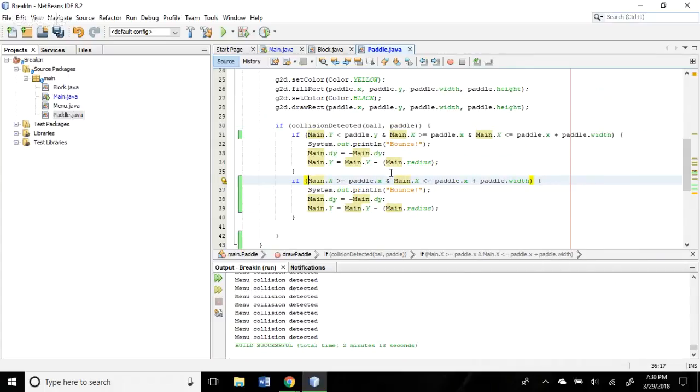Now let's take a look at this one. If this is x and y, so this is left and right. If main.x, if it is less than, wait a second, main.x is, yeah, we're doing the left-hand side, so let's say less than paddle.x. Or less than or equal to, or it will be less than. If it's less than paddle.x and it's a collision,